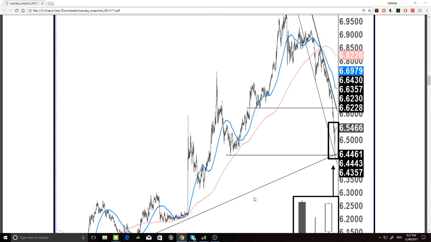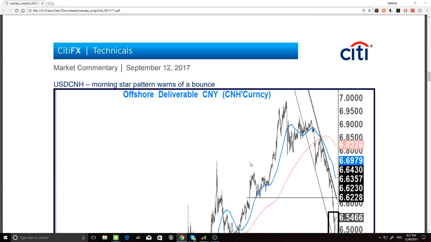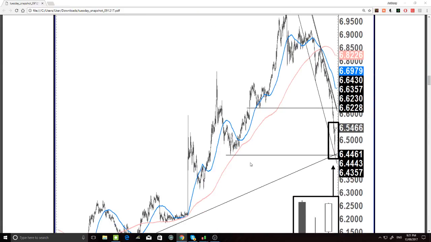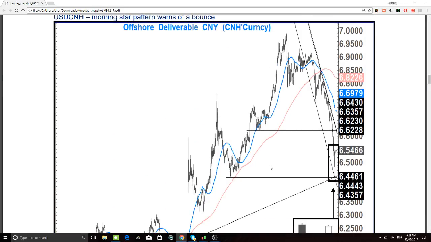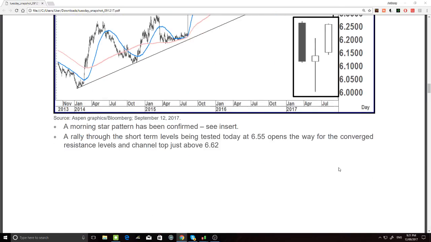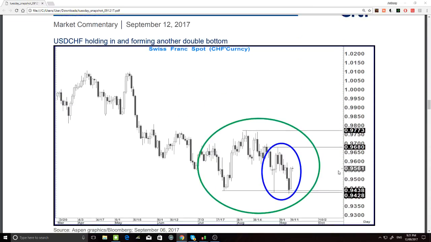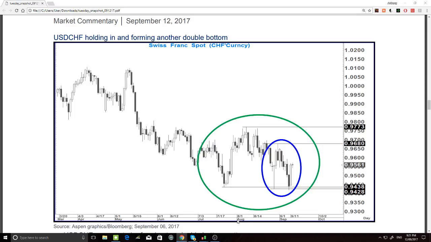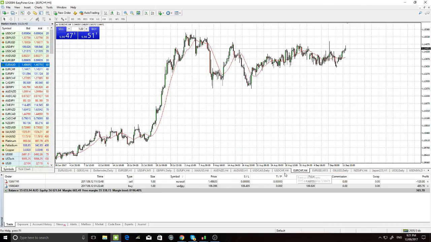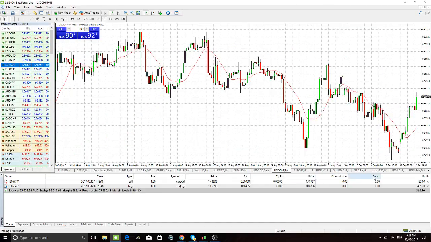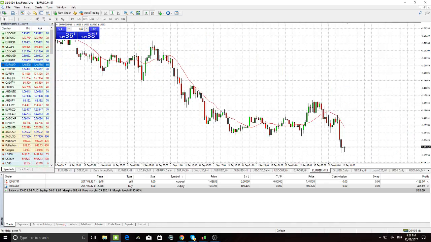It's huge moves going on in the dollar CNH and CNY. This market's got a lot of attention from the Chinese as well. I think the trigger point for them to start speaking in the press was when it broke 6.5. That was just too aggressive for them. Aggressive sort of moves here in the Swiss pairs as well, very similar to the yen pairs, Euro Swiss towards the high 115, dollar Swiss, but the big move coming in pound Swiss. And so let's have a look at pound Swiss.